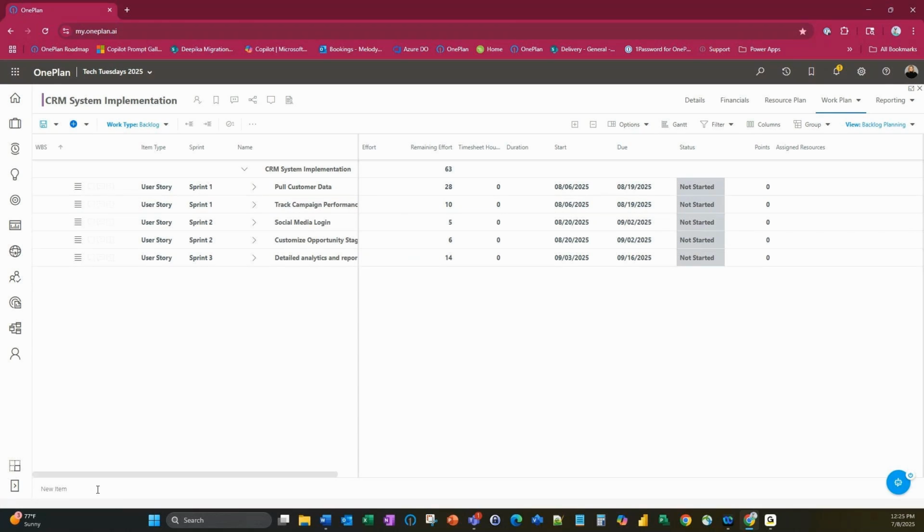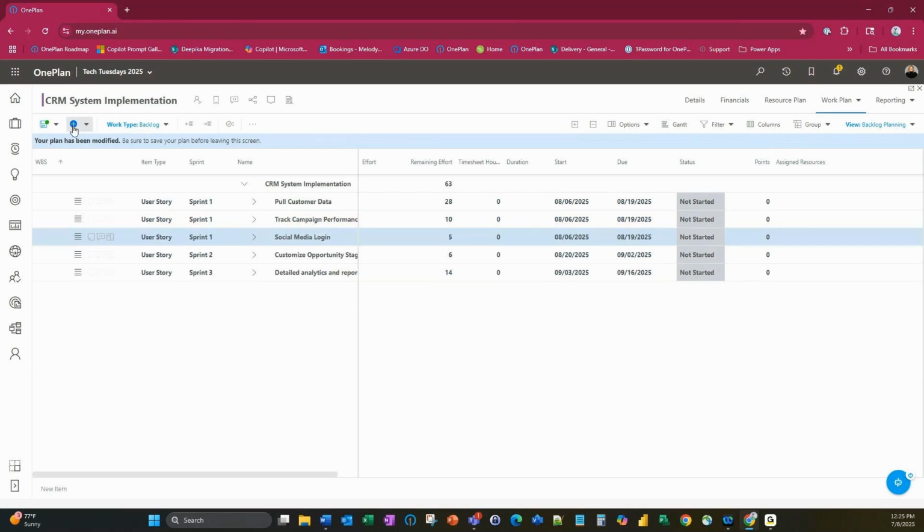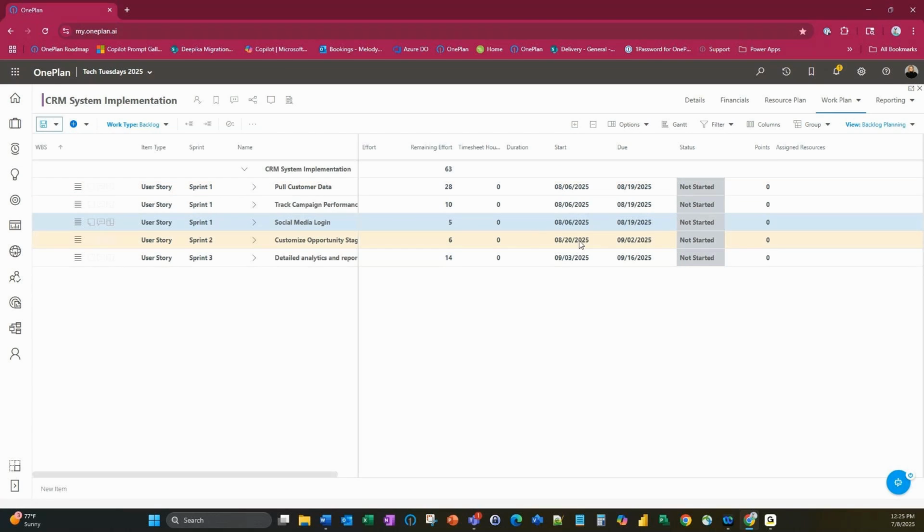So I have quite a few hours left that I could pull in additional stories. I can add more stories by adding a new task in here and putting in a new story. However I want to do that, or I can simply say, okay, I'm going to change social media login from a sprint two to a sprint one. The system, once I save that, is going to update that, and it will now appear in sprint one, and it has a new start date of 8/06/2025. So now if I look at that, I can tally up those numbers again. I can see that I still have a lot of hours left.